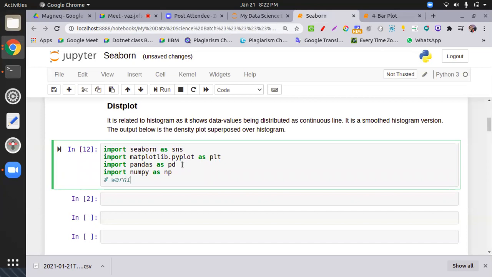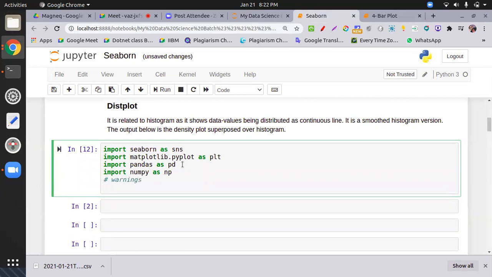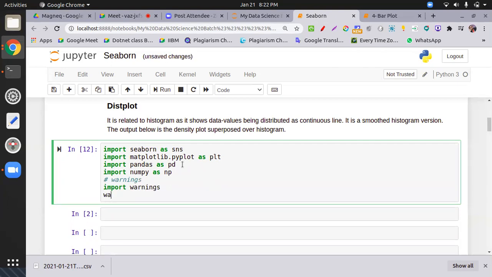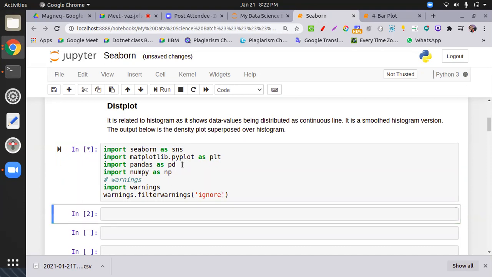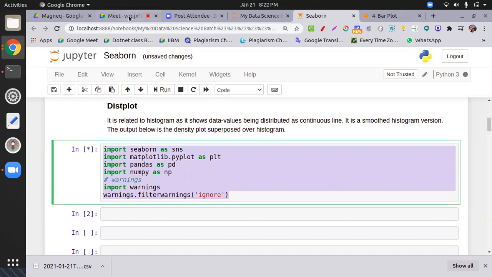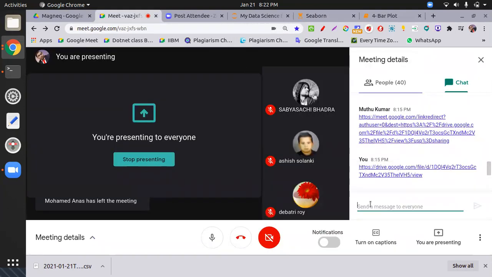So for warnings, import warnings, then warnings.filterwarnings, then ignore. Run all these libraries. I'm putting this library code in your chat box.